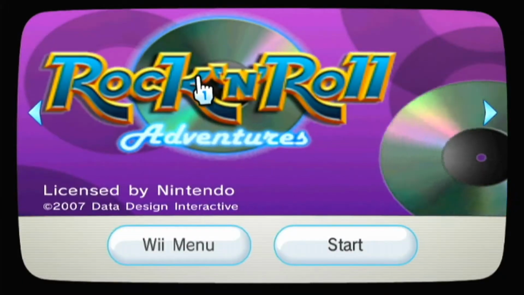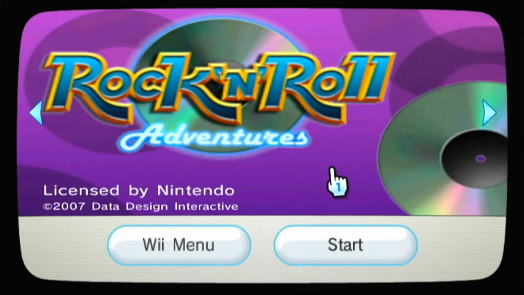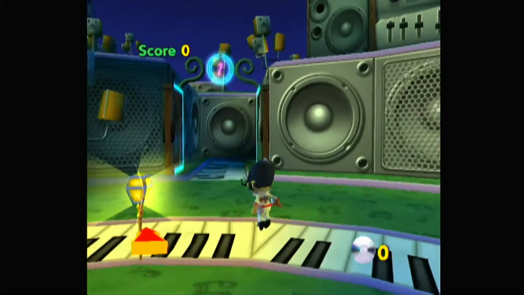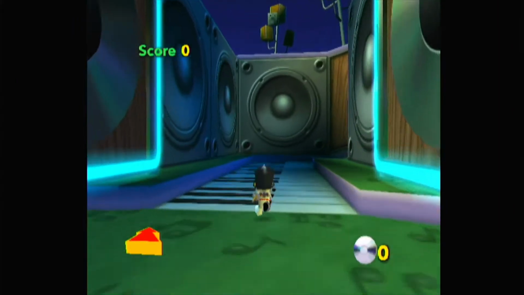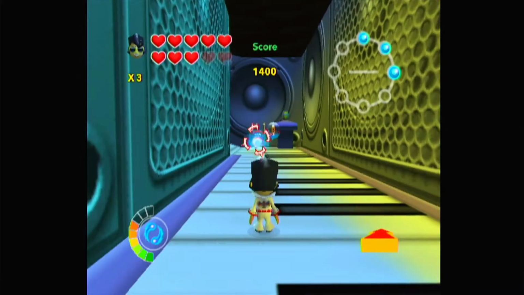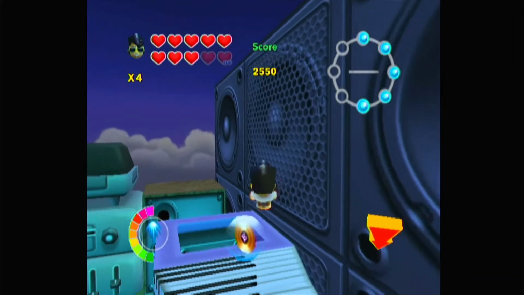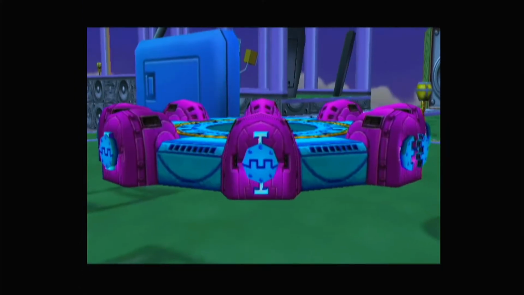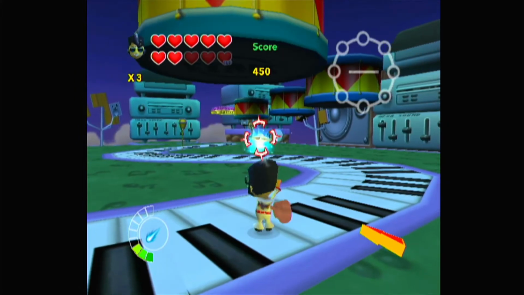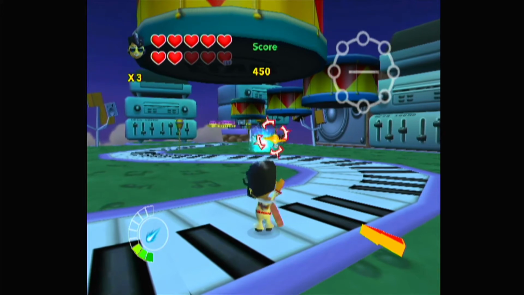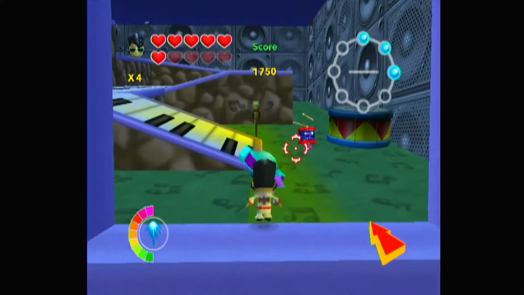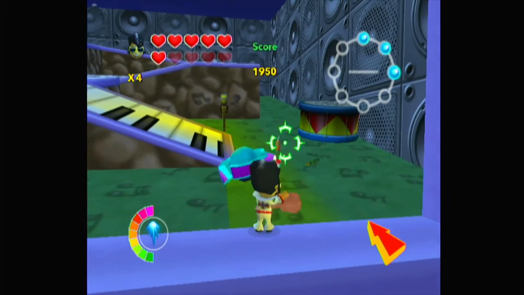Next up on the chopping block is Rock and Roll Adventures, and well, just take a look at it. It's literally the same exact game as Ninjabread Man. It has the same HUD, the same controls, and the same objective. Instead of blue cylinders, you're collecting records. Instead of fighting sweet desserts, you're fighting instruments like cymbals and drums. Instead of running through candy-themed levels, you're running through a Rockstar's fever dream.